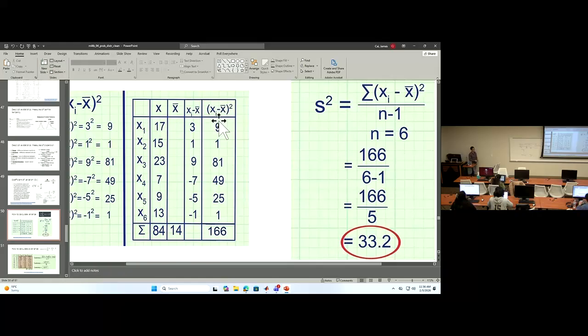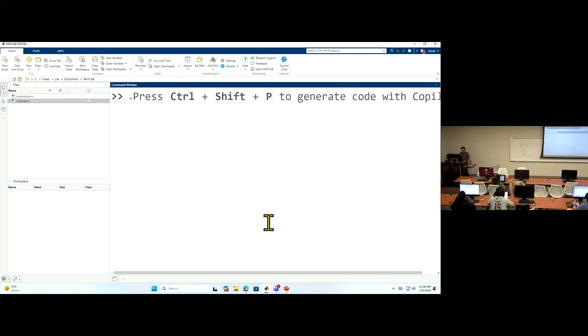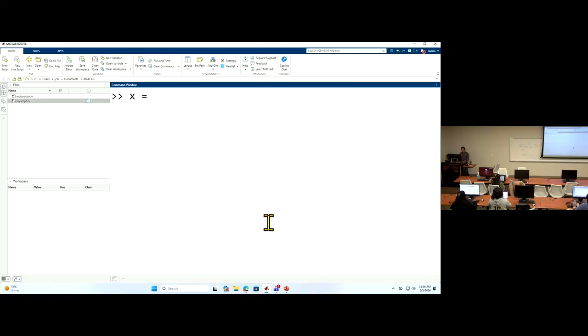So you need to type this: you create a vector called x and put those numbers in. So we are going to compute the variance for variable x. So my x is